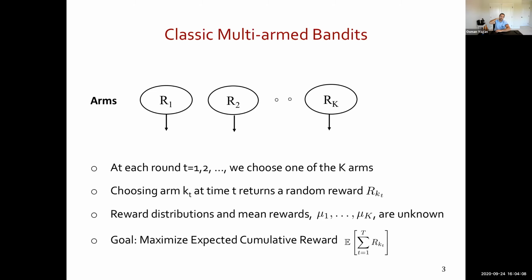The argument is that if you knew which arm had the highest mean reward, you would have picked it in all of the T rounds, and you would have basically obtained T times μ_K star as the total reward. And your regret is how much reward you lost, or how much less than the optimal you obtained by choosing occasionally maybe not the best arm, but one of the suboptimal arms.